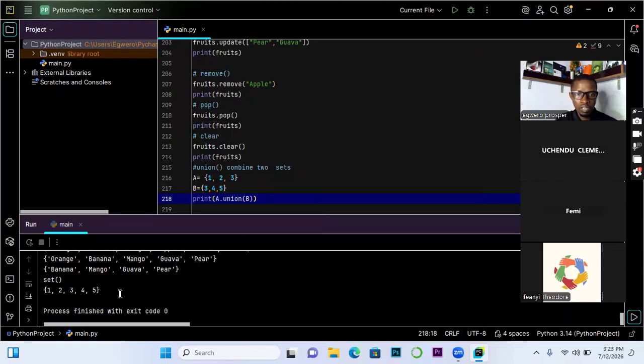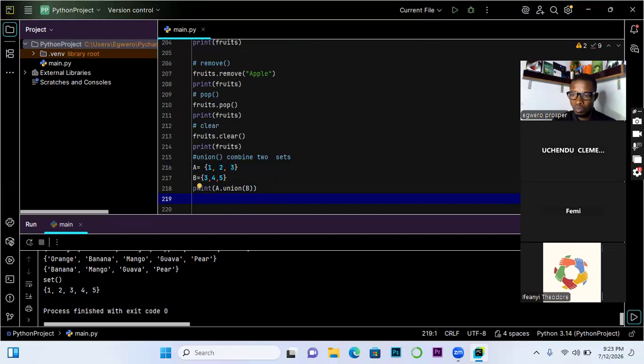All the values. You can see that here we have 3, and here we also have 3. But it took only one 3. So even as you are unioning, as you are bringing them together, have it in mind that sets will not allow duplicates. The common value in both sets will be represented with one of them. So we need to understand this. These are what we already know. So we also have intersection, another function we can use to work with sets.